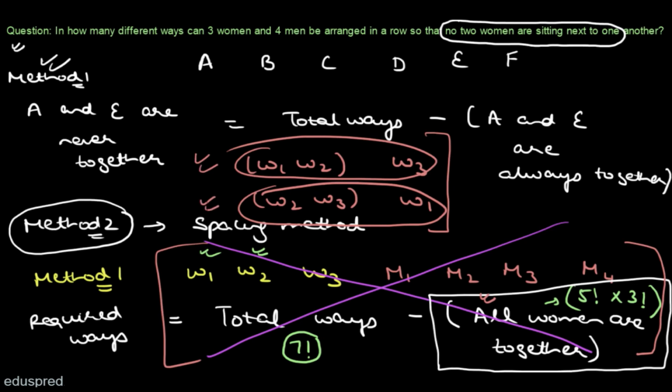You will have to make many cases and then you will have to solve those cases one by one and then you will have to do the entire calculation. And the point is that when you make many cases, there is a very high probability that you might end up making some kind of, let's say, calculation mistake. And this is precisely the reason I showed you 2 methods, so that if you encounter this kind of situation, you can very well work with method number 2, which is the spacing method.